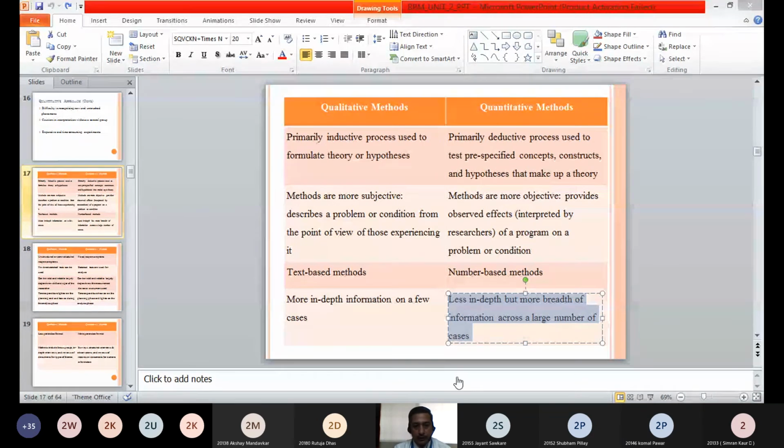Okay, thank you. So instead of going ahead, I will just tell you what we discussed in today's session. We discussed the qualitative and quantitative approach, the various advantages and disadvantages of each approach, and the differences between the qualitative approach and the quantitative approach. So this much we have discussed in today's session.